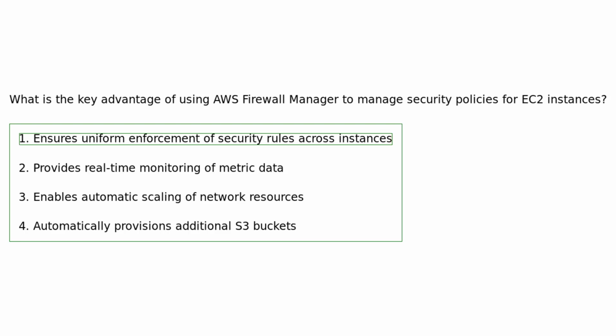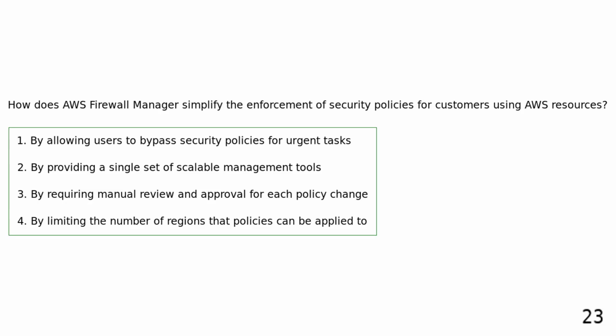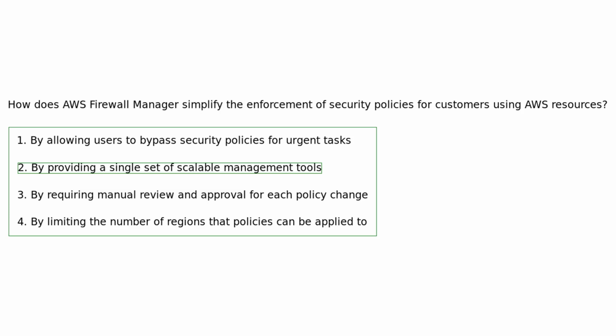AWS Firewall Manager ensures uniform enforcement of security rules for EC2 instances across accounts and regions. How does AWS Firewall Manager simplify the enforcement of security policies for customers using AWS resources? By allowing users to bypass security policies for urgent tasks. By providing a single set of scalable management tools. By requiring manual review and approval for each policy change. By limiting the number of regions that policies can be applied to. AWS Firewall Manager simplifies the enforcement of security policies by providing a single set of scalable management tools for managing